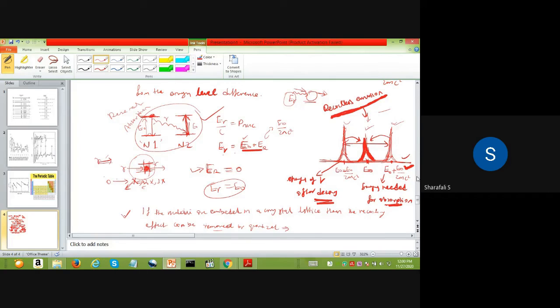And if you have this much energy, you will have that resonant absorption. And this spike is coming from the energy of the gamma after decay, because some energy will be taken away for the recoil effect. So E0 minus E0²/2mc² will be the energy of the gamma decay. That is given by this particular case. So that's all about